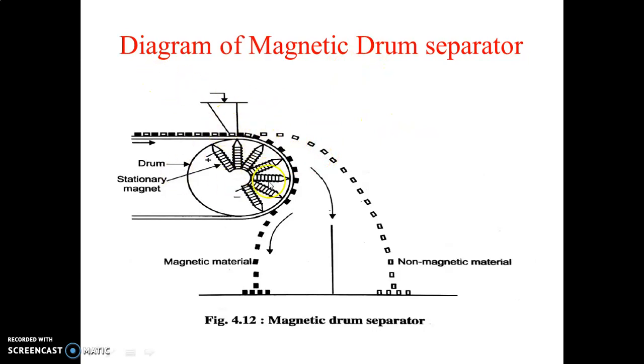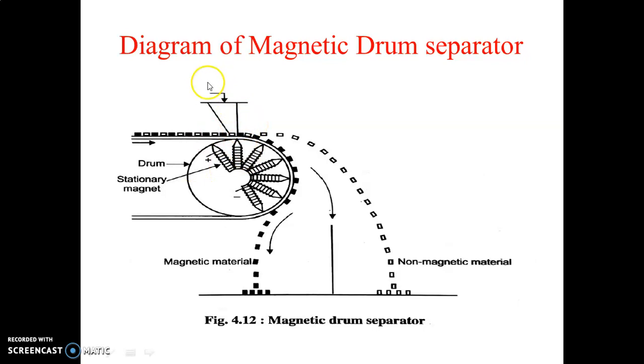So this is the schematic figure of a magnetic drum separator. It consists of a rotating drum incorporating a stationary magnet. This is a stationary magnet assembly. The magnet covers approximately 165 degrees towards the discharge end. So this magnet assembly covers 165 degrees